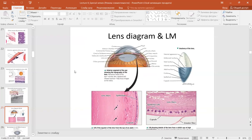Lens, the diagram of the lens and the light microscopic view of the lens with capsula, with epithelial cells covering the surface of the posterior part of the lens. Here you have the anatomy of the lens, showing you the lens fibers, showing you the surface of the lens covered with epithelium, showing you the pupil, iris, anterior chamber, posterior chamber, ciliary muscle,